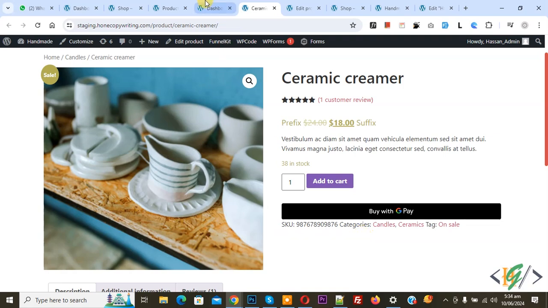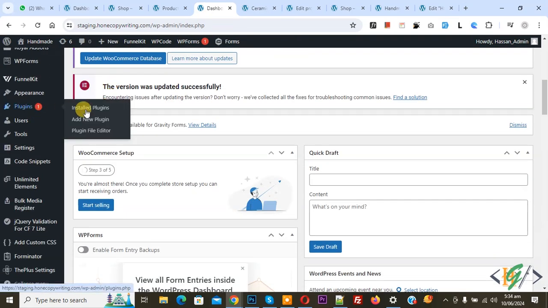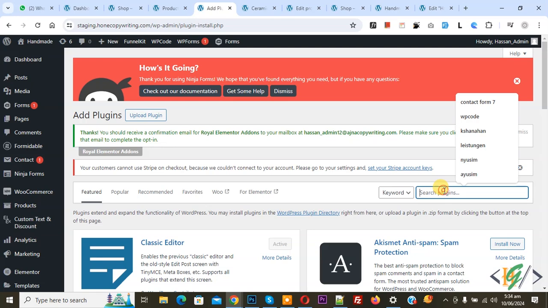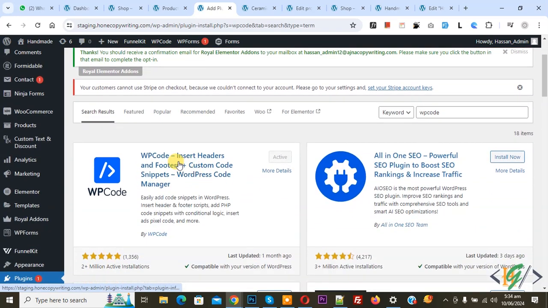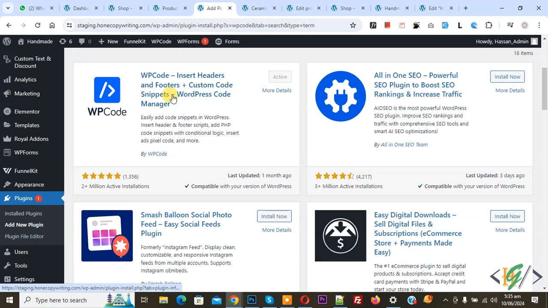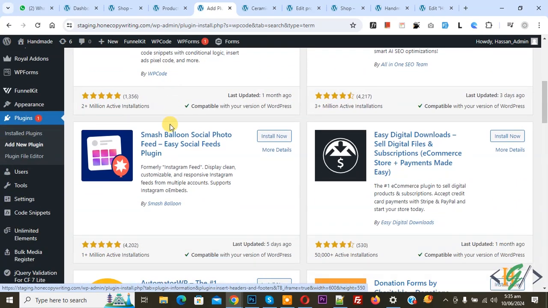Now go to dashboard. On left side you see plugin, so click on add new plugin, then in search plugin write WP code. So this is plugin WP code. Insert header and footer we will use. So you will install this plugin and activate it, and after activation on left side you see code snippet, and